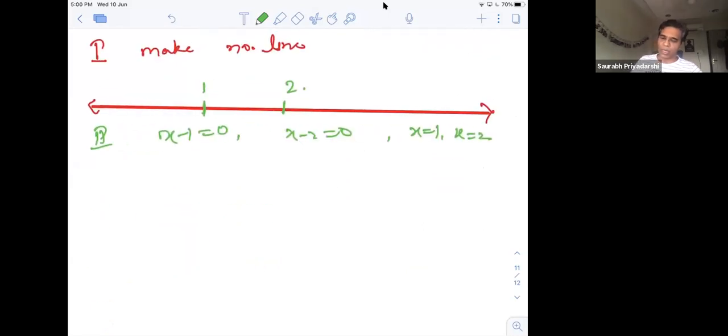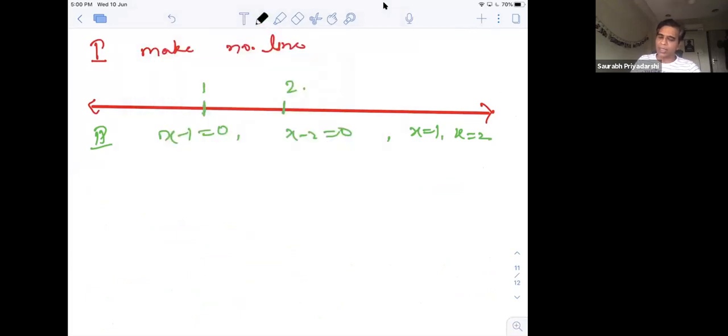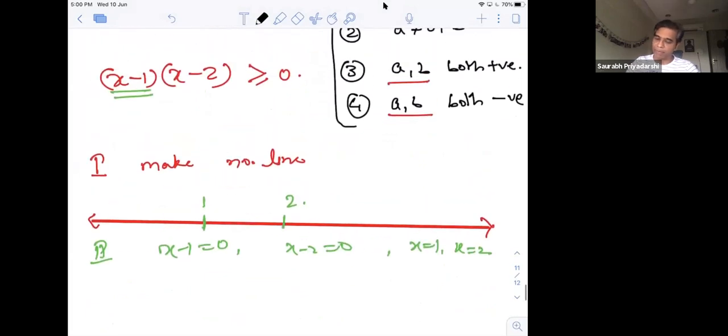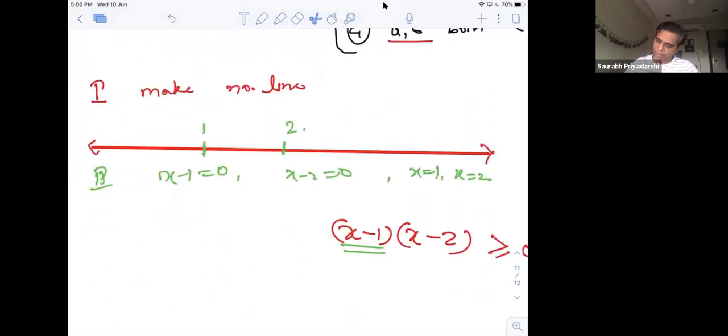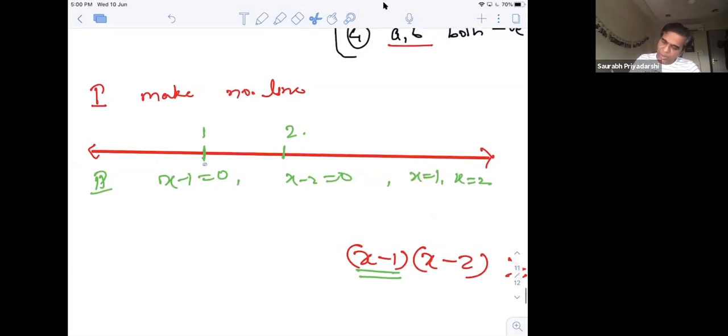मैंने 1 को और 2 को मार्क कर दिया, और साथ ही साथ मैंने ये भी कहा कि exactly question is given। जो question मेरे पास given था, question को मैं नीचे ले आता हूँ। इस question को अगर मैं साथ ही साथ रखता हूँ, तो (x − 1)(x − 2) ≥ 0। तो equality sign लेने के लिए ये 1 को भी satisfy करेगा as well as 2 को भी satisfy करेगा।